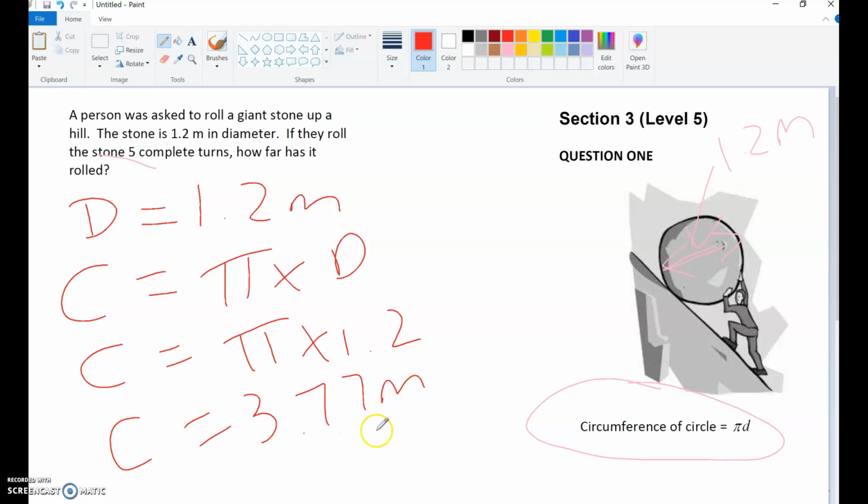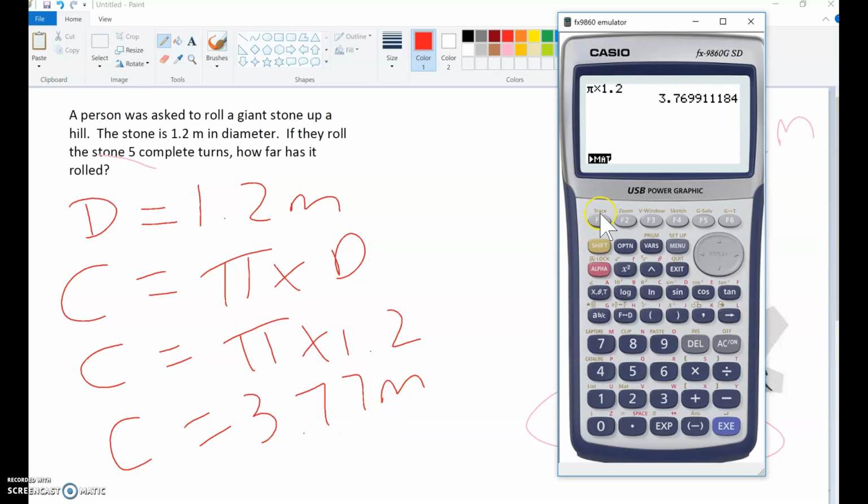So circumference equals 3.77 meters. And given my mistake last time, I'll double check on my calculator. So the 6 went up to a 7 because of the 9 there. I think to round it to any more than that just seems ridiculous. Now the stone is 5 times, 5 complete turns. So it's actually